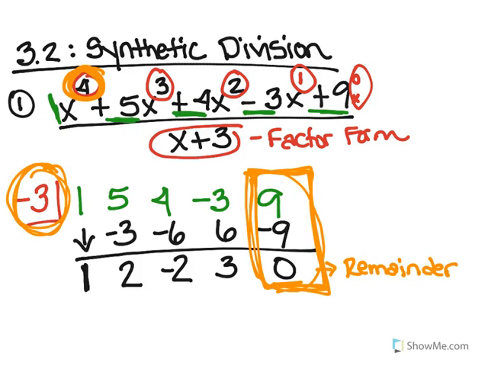So once I have divided this row, it would be the coefficients starting with the 3rd degree, okay? You started in 4th degree. Once you divide, we're in 3rd degree. So these numbers, 1, 2, negative 2, and 3, would be your coefficients and constant